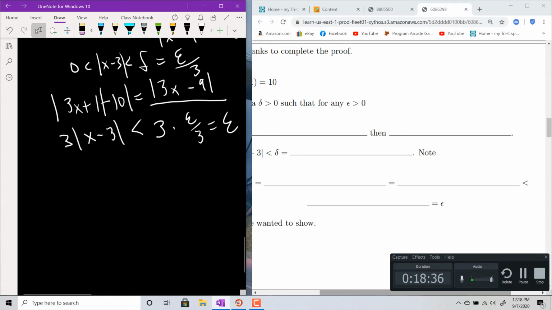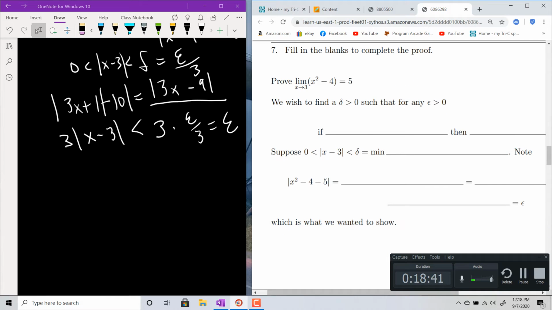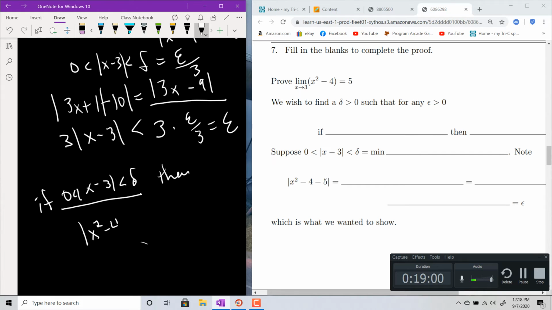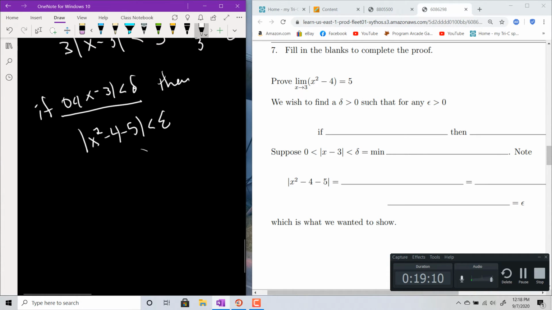Okay, let's look at the next one then. The next one's different because it has that square stuff in it. Okay, the setup's the same though. So in our first blank, again, x minus 3 is less than delta but greater than 0. Then the second blank will be f of x, which is absolute value x squared minus 4 minus 5, is less than epsilon. Okay, and then we need to do our scratch work to figure out our delta, and